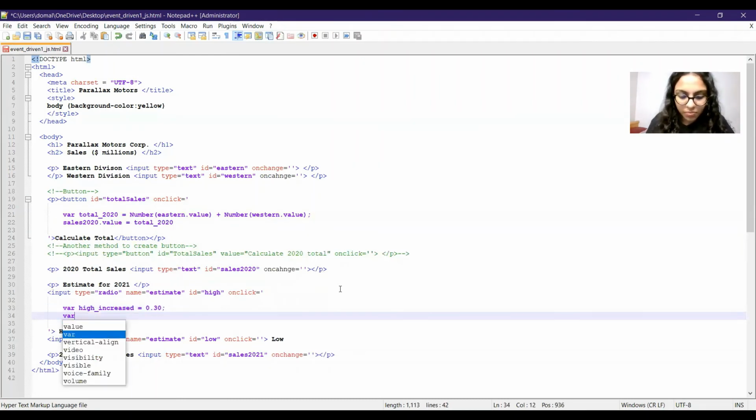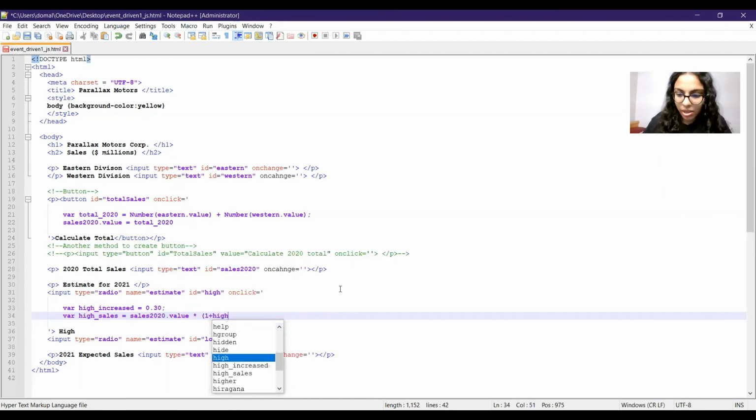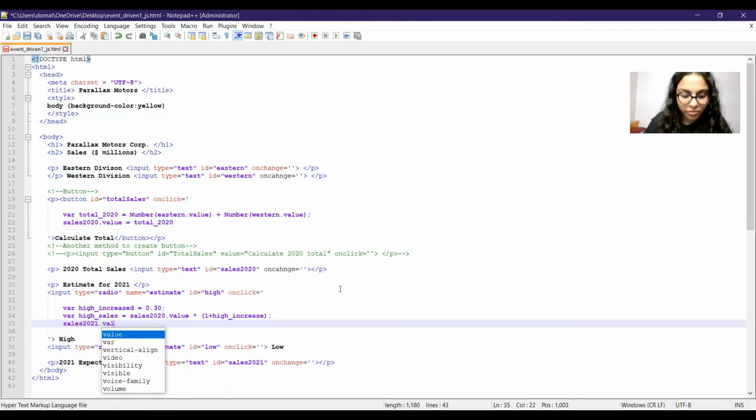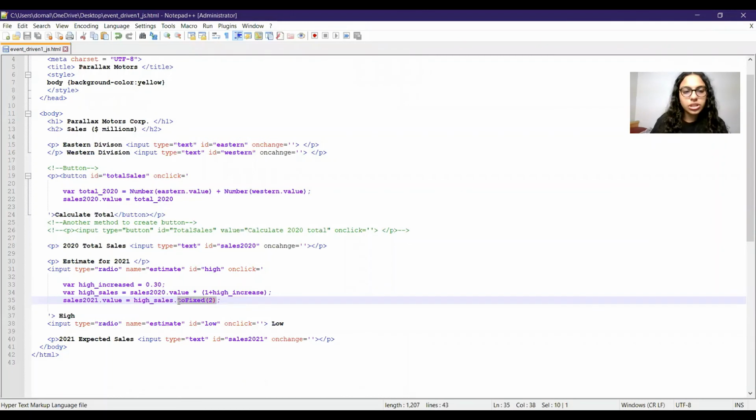Then var high_sales, which will be equal to sales2020.value into 1 plus high_increase, and then we can write sales2021.value is equal to high_sales.toFixed(2). toFixed over here changes the number to a string, and the number 2 mentioned means it rounds to 2 decimal places. That's why toFixed is used.